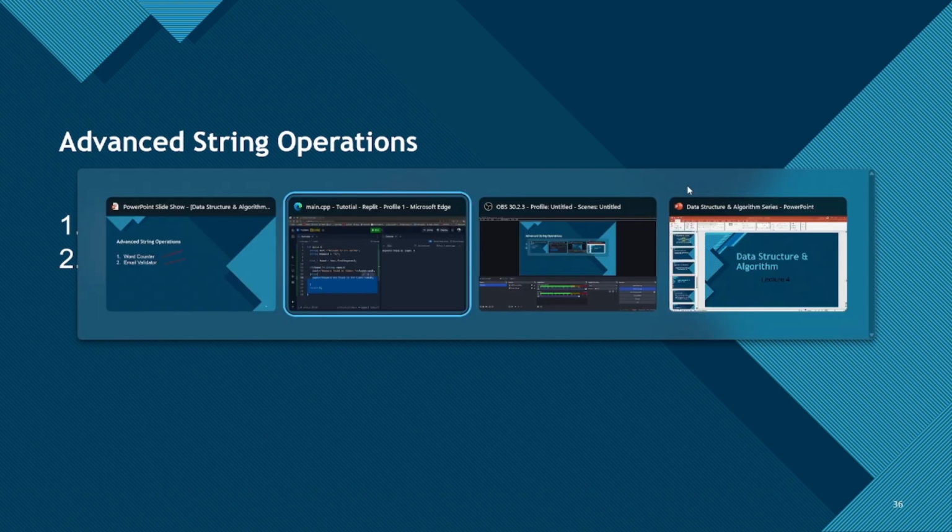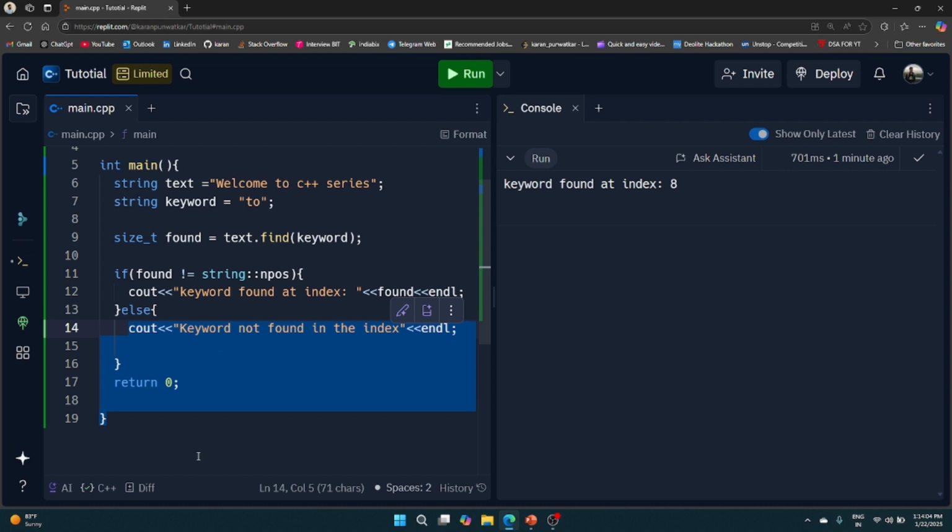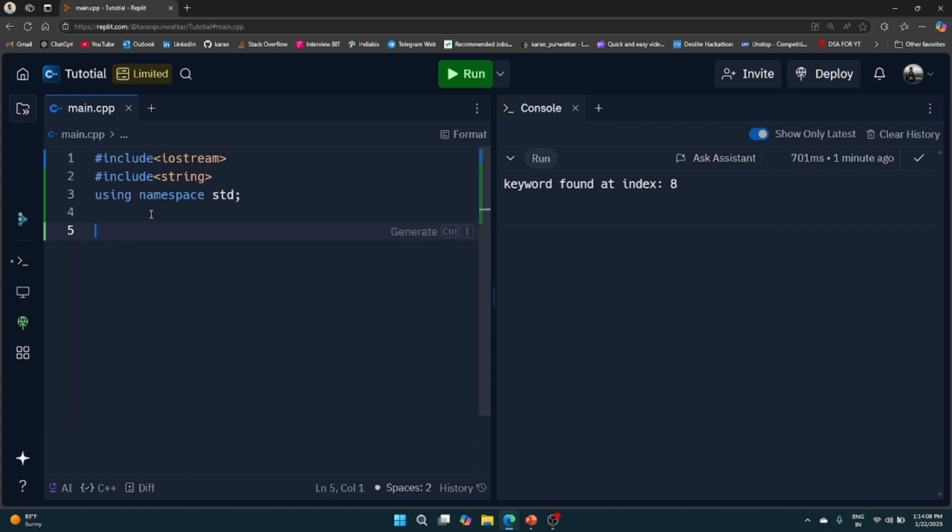Yeah, it's running. Fine. Again, remove it all, and we are first writing. We are taking an sstream library here. In this we are writing first integer